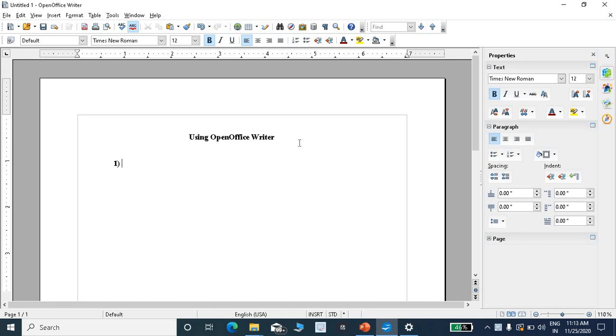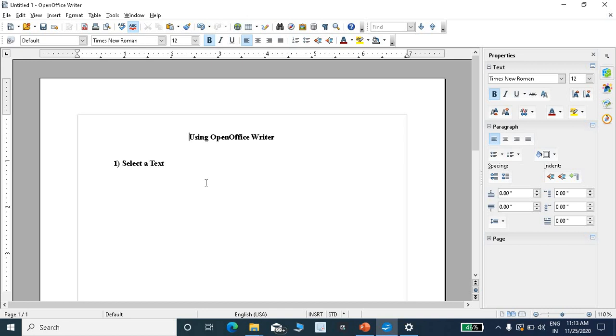How to select a particular text. Select a text by using mouse. There are different ways to select a particular text. See, by using mouse how you can select.